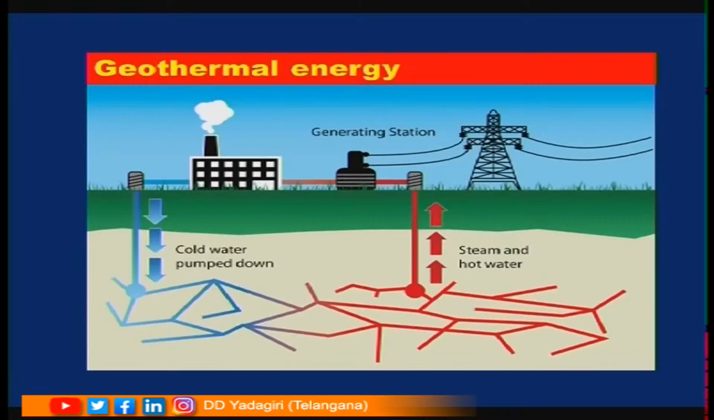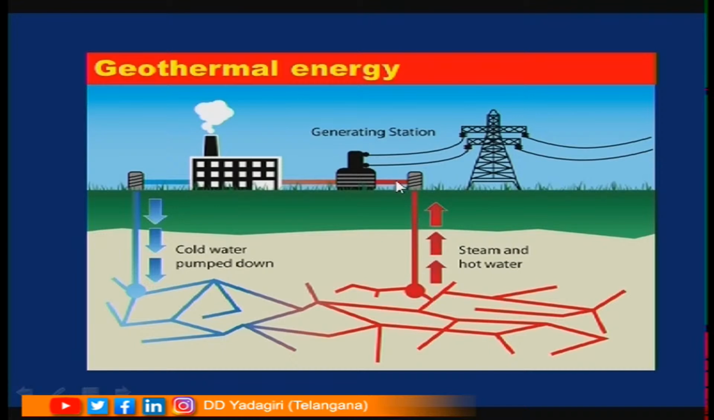Geothermal energy. Geothermal energy means at some places inside the earth there is a high temperature. Whenever you pump cool water down to that place, what happens? This cool water is converted into steam because of the high temperature. Water has a boiling point of 100 degrees Celsius only. Whenever the temperature is more than 100 degrees Celsius, the water is converted into steam, and this high pressure steam and hot water